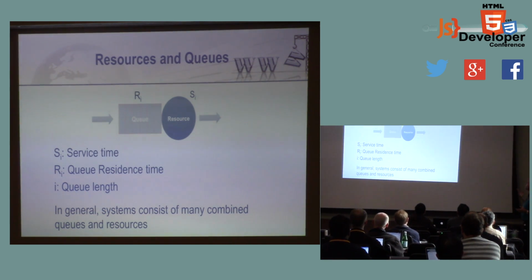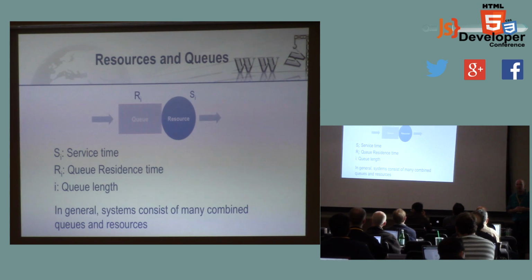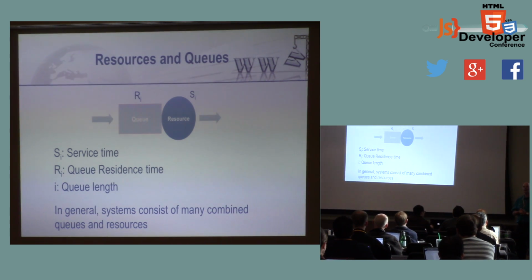The 3 things that you need to know about a queue are, so let's pick an example. We're going to stand at the movie theater and get our tickets. Right? So the 3 things that you need to know is how long does it take for the person to punch up a ticket and give it to you? Right? That's going to be important for how long people have to stand in line. Right? The queue residence time. That's exactly it. How long do you have to stand in line? And then there's the queue length. How many people are standing in line?